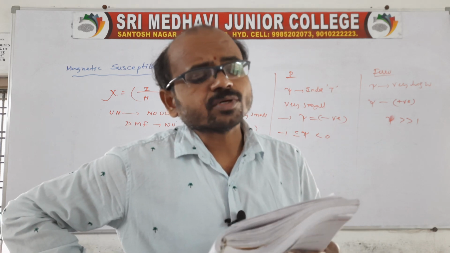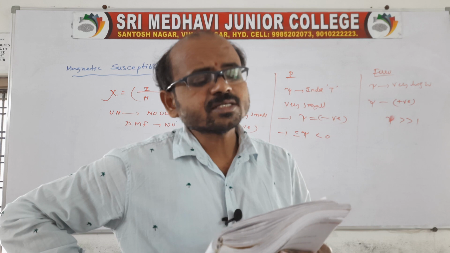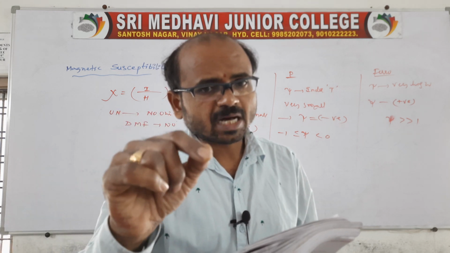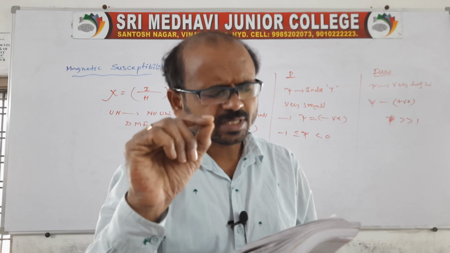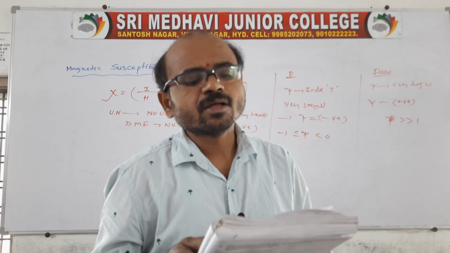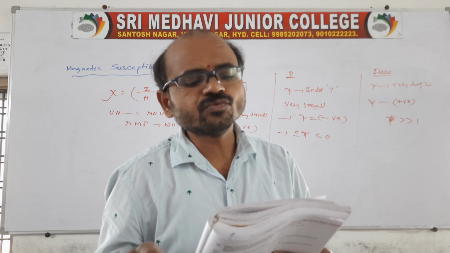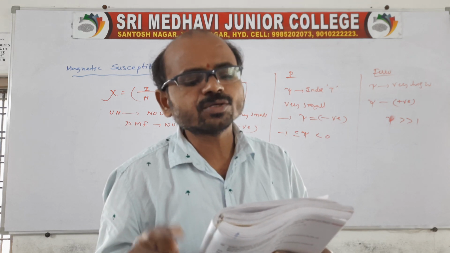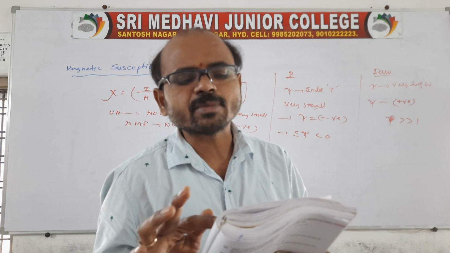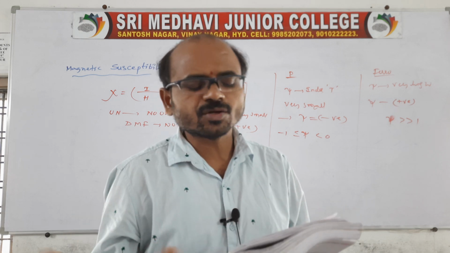And here these are weak magnetic field areas to strong magnetic field. See, this para can move from weak area to strong area, whereas dia can move from the stronger part to the weaker part of the field, and ferro moves from weaker to stronger part of the magnetic field in non-uniform fields. This is all in non-uniform fields.